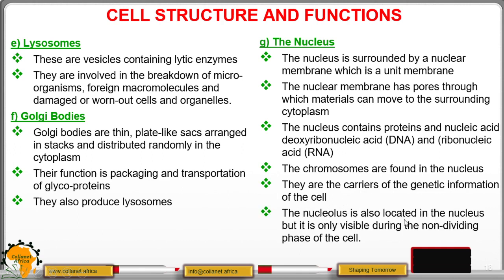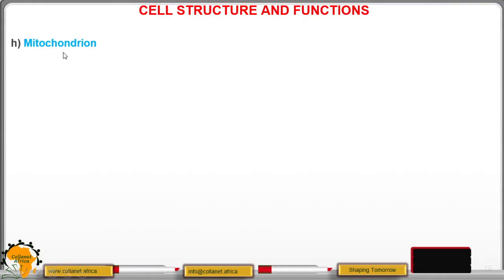The nucleolus is located in the nucleus but is only visible during the non-dividing phase of the cell. So the role of the nucleus actually is to control all the activities of the cell. But it also, the nucleolus is the one manufacturing ribosomes. We move to mitochondrion,